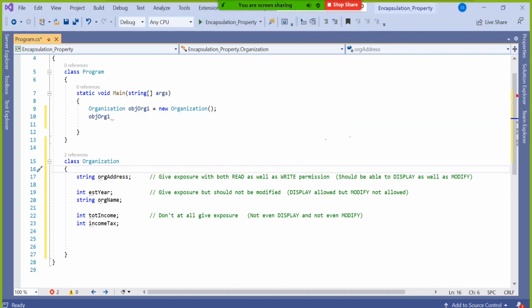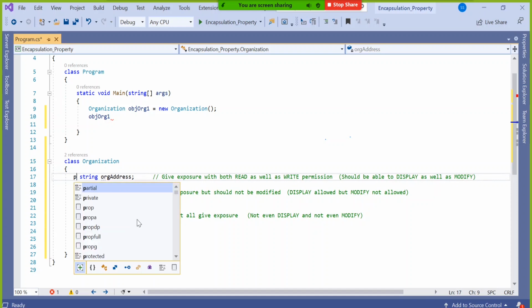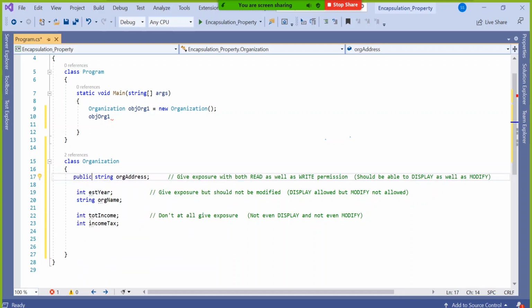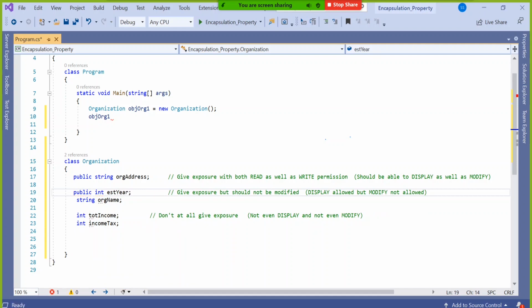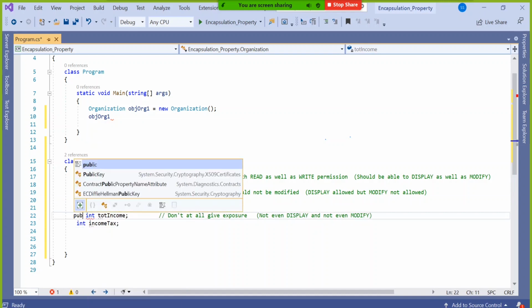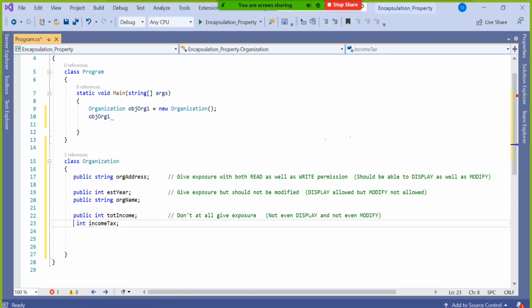If I made them public, suppose I am making everything public, all the scenarios let's discuss, because you only have the idea of private and public. So I made it public.